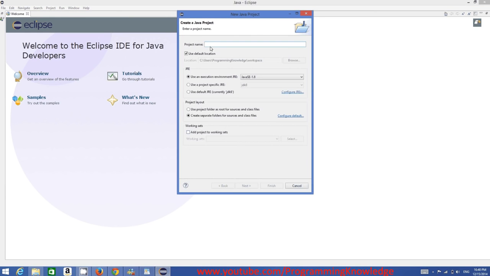and in here in Project name you just need to give the name to your project. For example, MyFirstProject. Okay, and just for simplicity, you always give your name to your project in camel case, starting with a capital letter for each word. So in MyFirstProject, M is capital, F is capital, P is capital, so it's called camel case. It's the convention to give names like this, and if all things are okay, you can just click Next,